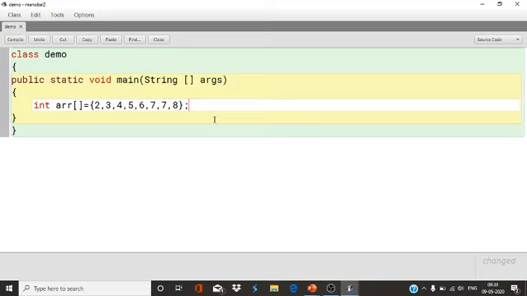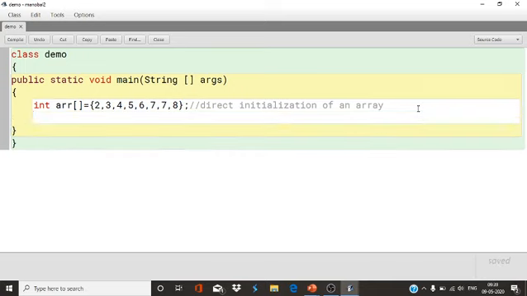So it's direct initialization. This is called direct initialization of an array. Now I want to print these elements.